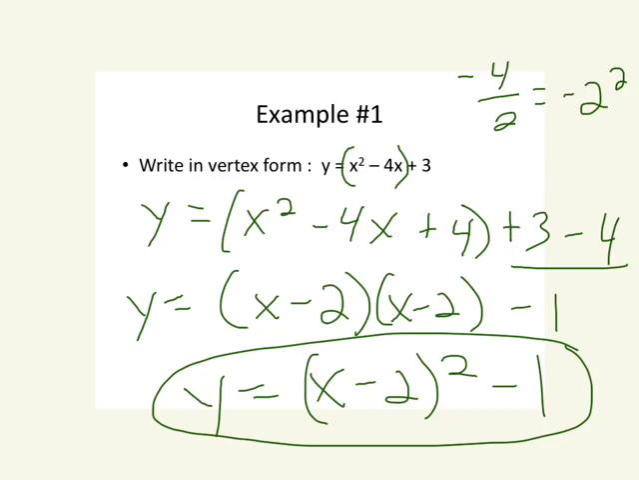Alright, Titans, just remember to complete the square, you take the linear term, you divide it by 2, and you square it. That's a key point from this